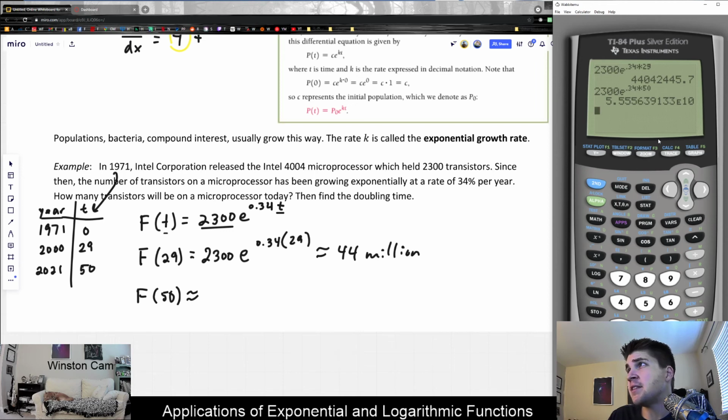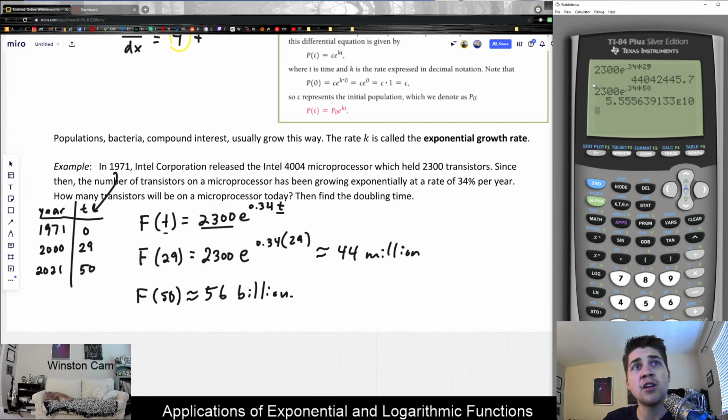But anyways, I don't know if I've mentioned this to you guys before in this class, but if your calculator reaches numbers that are too large to display, it will use scientific notation in the form of this little e. So this e, you can remember, means multiply by 10 to the 10th power, or move the decimal 10 places. So basically 1, 2, 3, 4, 5, 6, 7, 8, 9, 10. Since the billions place is 9 over, this would actually be about 56 billion